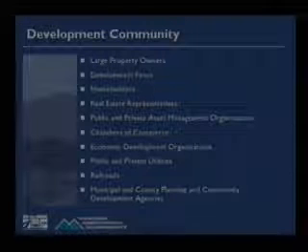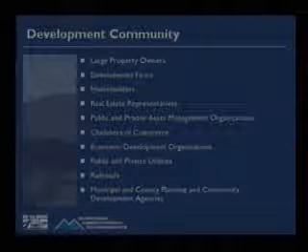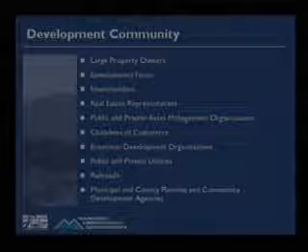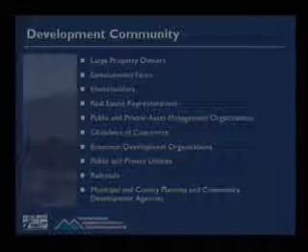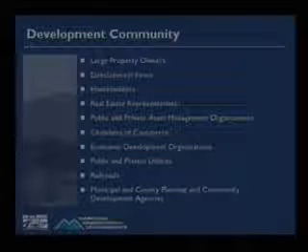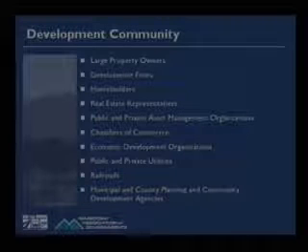lowly populated. And so what we've been finding on this particular project is that our key stakeholders have been the development community. We've had over 80 stakeholder meetings now with all the different developers, trying to work with them because they are learning the lesson of Anthem in a lot of respects, that if you don't have access to your property, and if you don't participate in getting access to your property, then your property is going to suffer. And so I think the lesson of Anthem is starting to come through loud and clear to a lot of members of the development community.